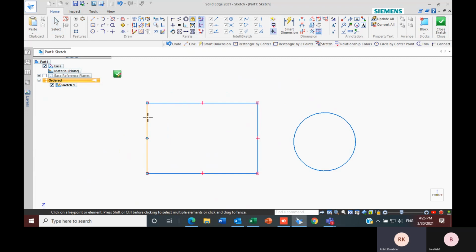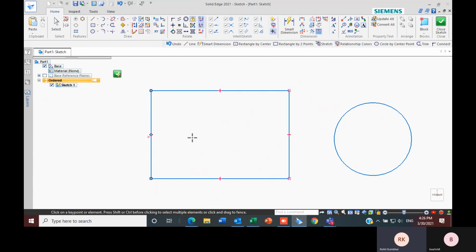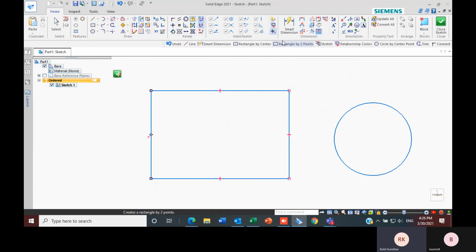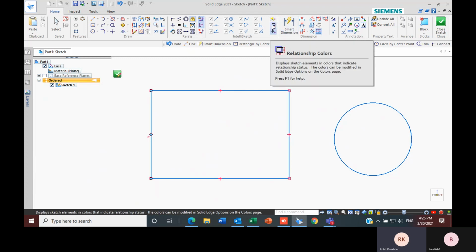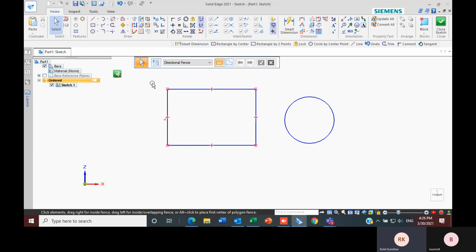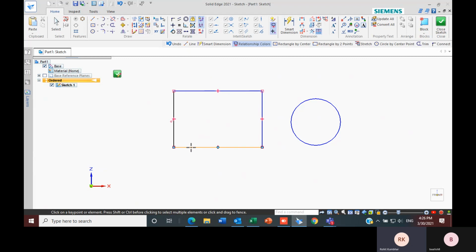Let's say I want to lock this sketch. The sketch will get locked, but you are not sure that it got locked. For this, there is an option, relationship colors. This option I have unchecked, so because of it, the relationships which are there are not showing properly. If I select this, as you can see, the color of the line changed into black because I have locked that line for its specific distance or specific length.